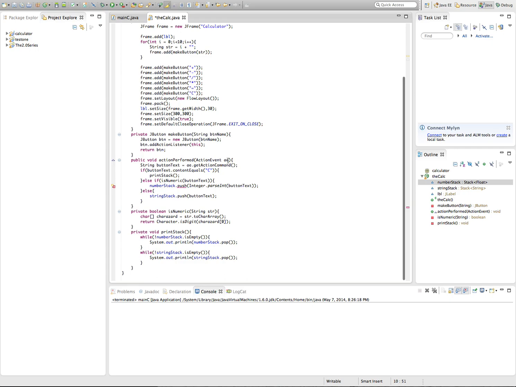Okay, now instead of Integer.parseInt, what we're going to do is, let's see here, I believe it's Float.parseFloat. Okay. Alright, so